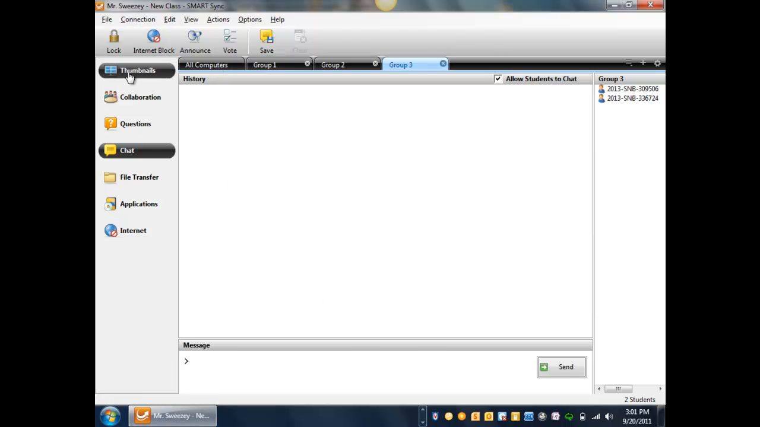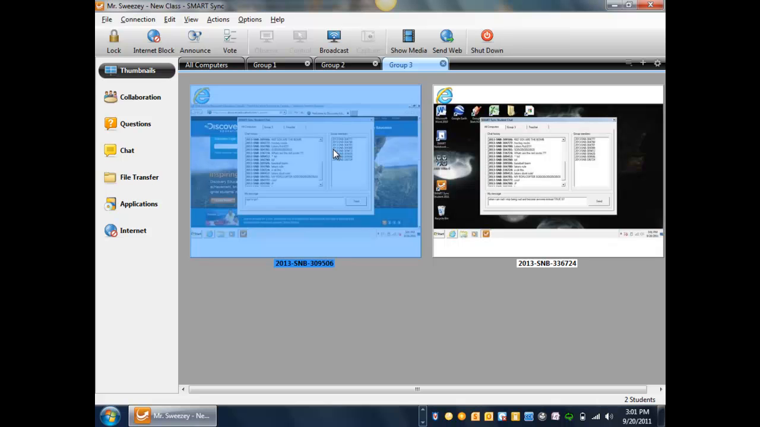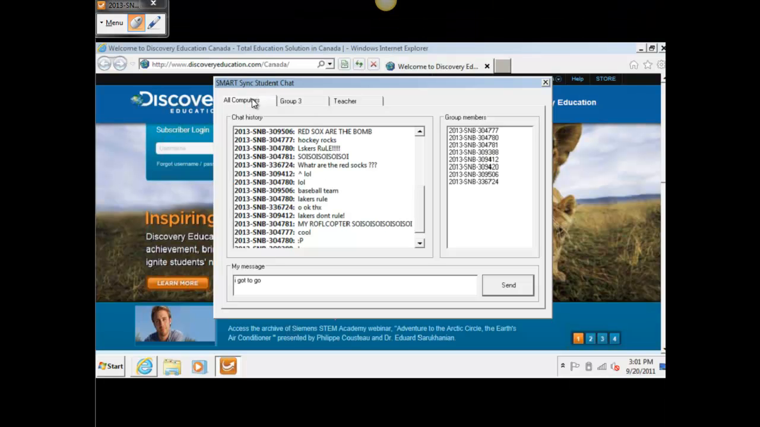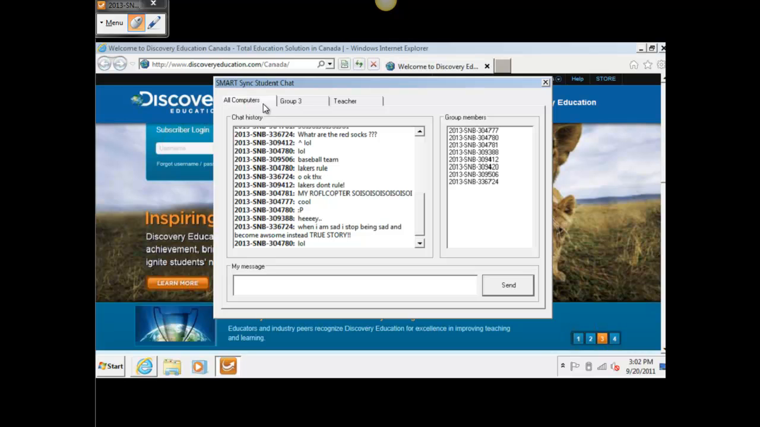Just to show you what that looks like, let's just go into this kid's screen. You'll see the chat history here for all computers, and then on the top, group 3 and teacher. See how he doesn't have group 2 or group 1? He only has the group or access to the group that he is in. So if he were to click on group 3,